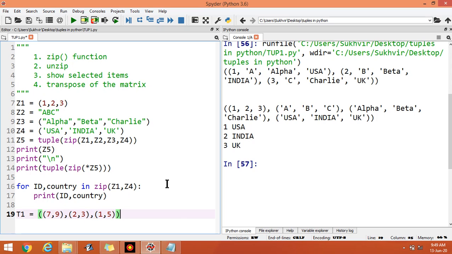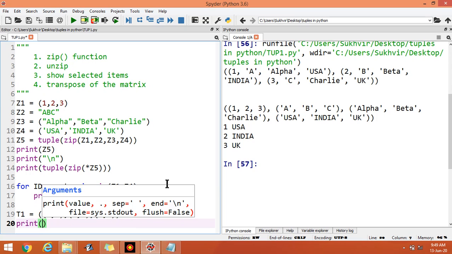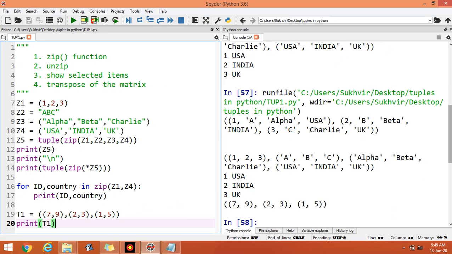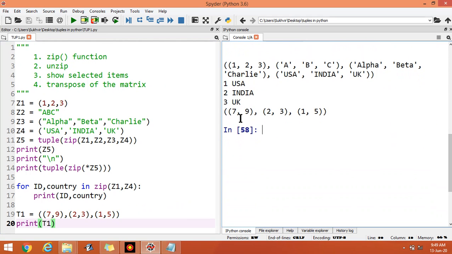Suppose these are the elements. Suppose I print T1. Let us check the output. You can display the elements as they are. Basically, it's the first row, second row and third row. First row comprises two elements, 7 and 9. Then the second row and third row.